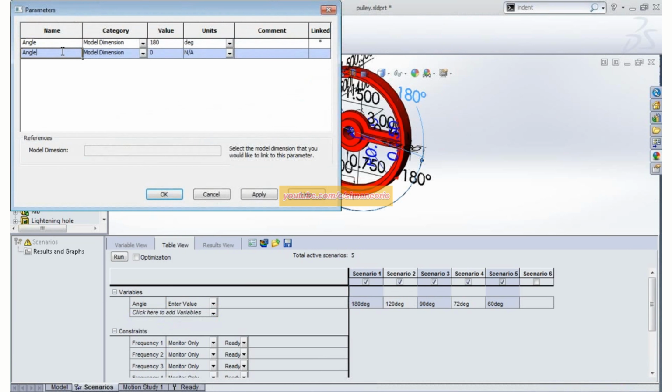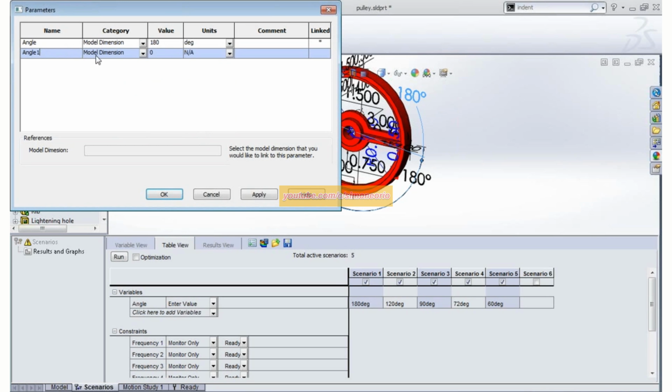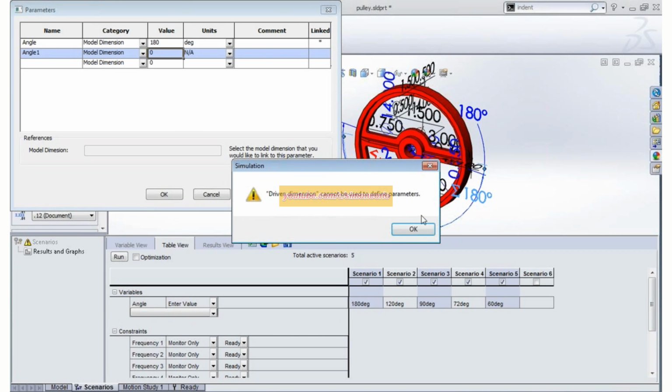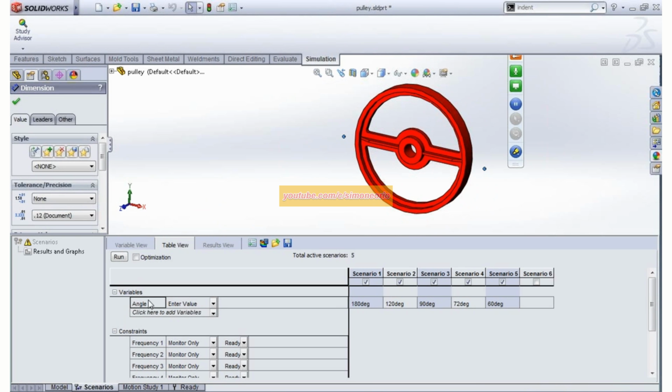I'll just go ahead and create one here. I'll call it angle 1. It's going to be a dimension on our model, which is going to be the dimension of the actual angle. I've already set this one up, so it's going to be that angular dimension which shows how far that thing has moved. So that's what I put in for the first one.